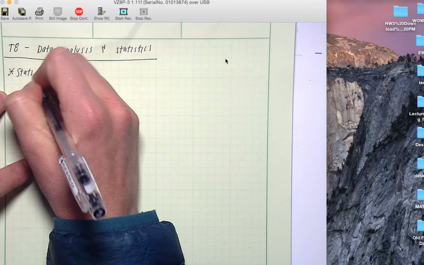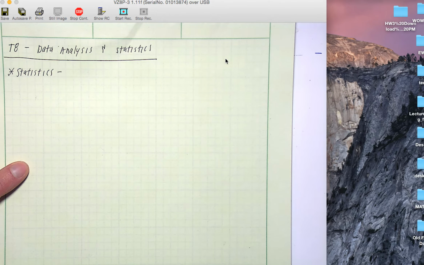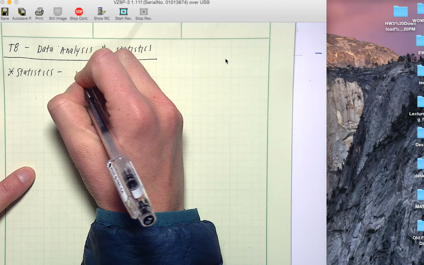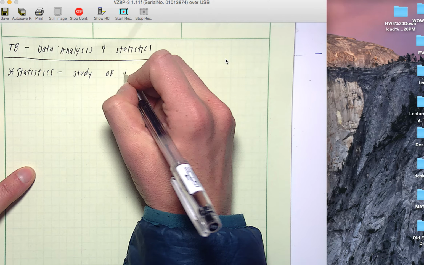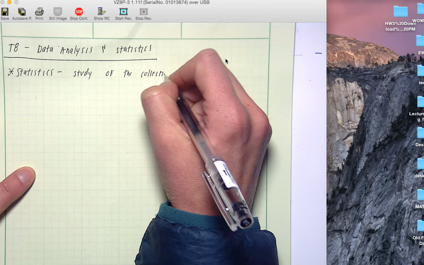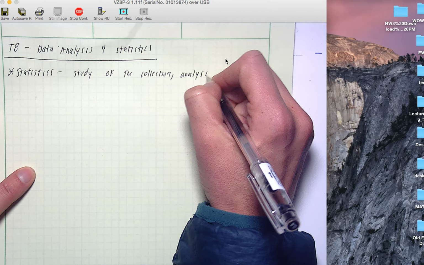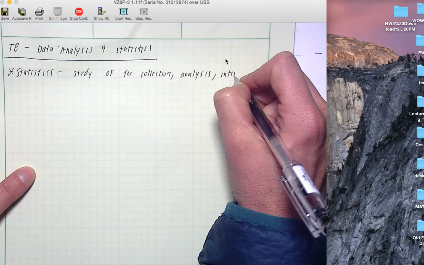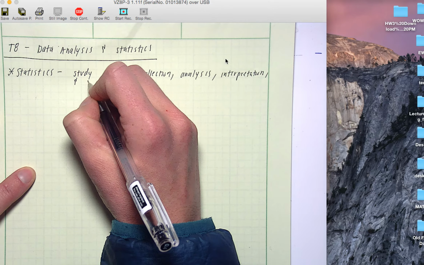This topic is trying to be able to understand a way that you can study a large collection of data. And that's just like a general definition for statistics. It's the study of the collection, analysis, interpretation, and presentation